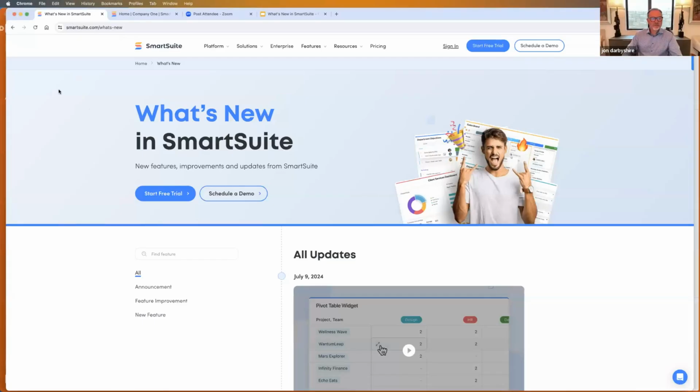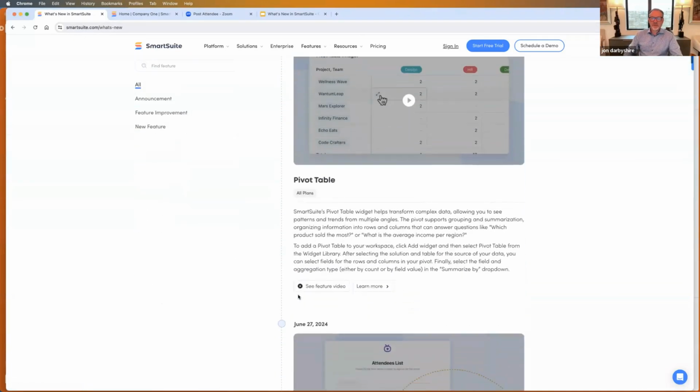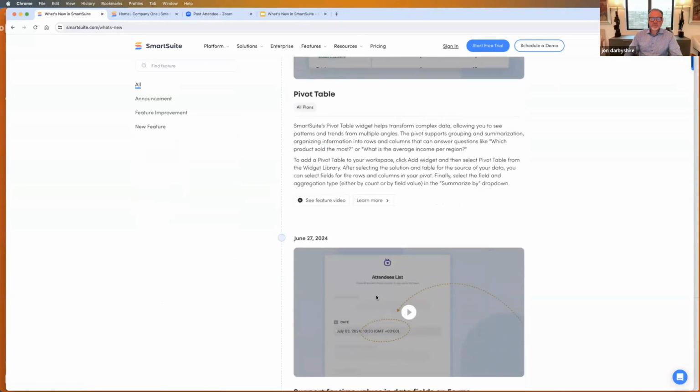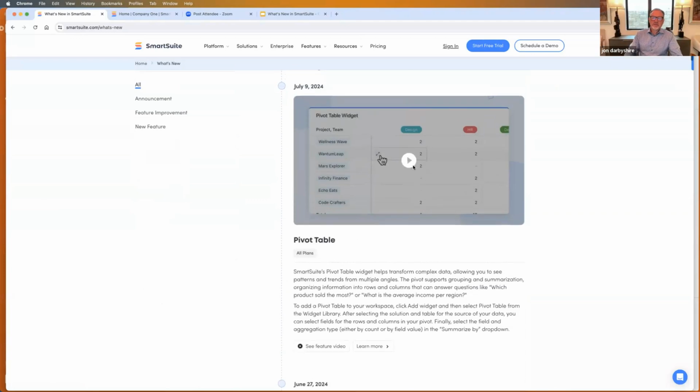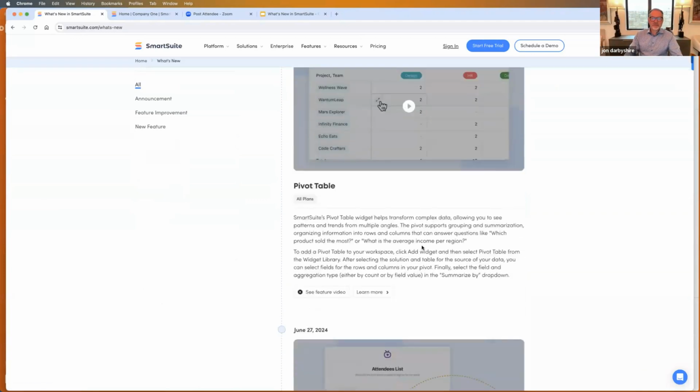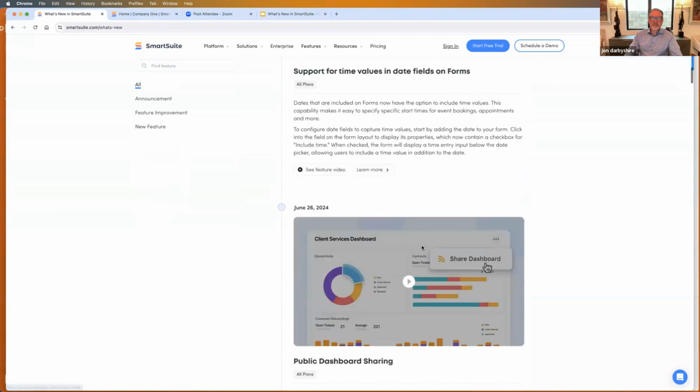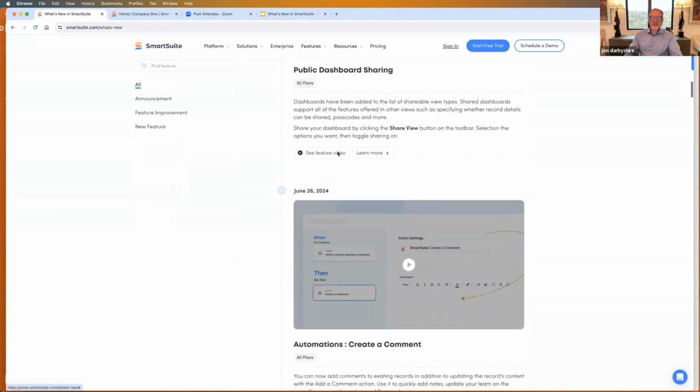First off, I want to make sure that everyone knows that we communicate all of our What's New features on the What's New page on SmartSuite. So if you just go to smartsuite.com/what's-new, you'll see a listing of every feature based on requests from you from some of the past webinars. We are now including a demo of each individual feature included on this page that you can reference back to at any time. So you can scroll through here and see the dates of the releases, the features, and then